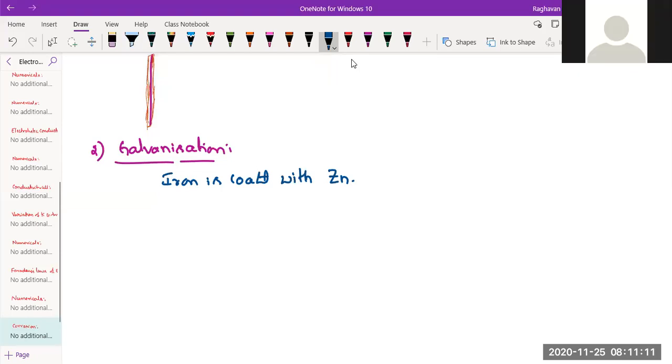If zinc is coated above iron, zinc being more electropositive, or zinc having low SRP than iron, or zinc being above iron in the electrochemical series, zinc can act as anode and iron becomes cathode. Okay, so that means the moment you coat zinc, zinc will become anode and thus iron will be protected from oxidation. So here zinc undergoes oxidation